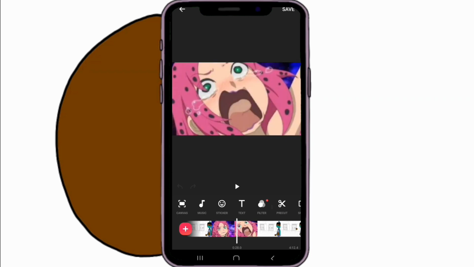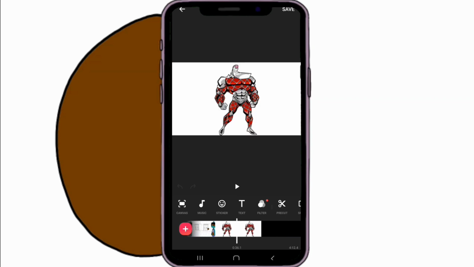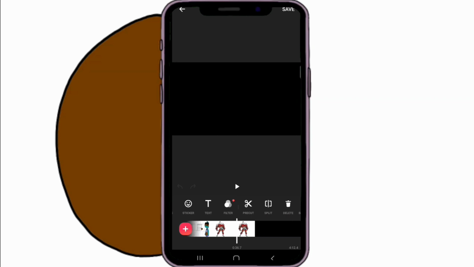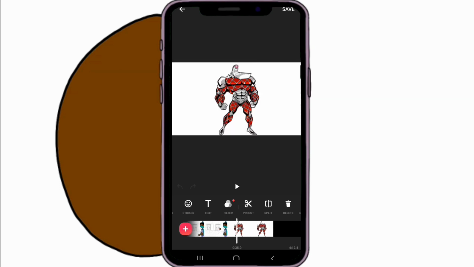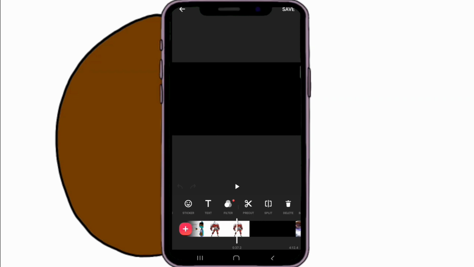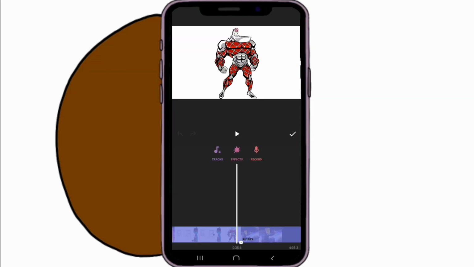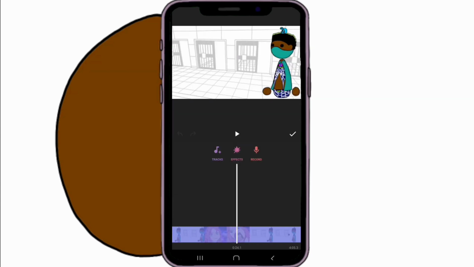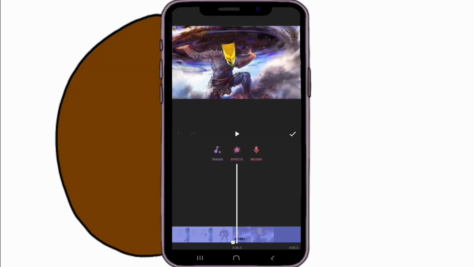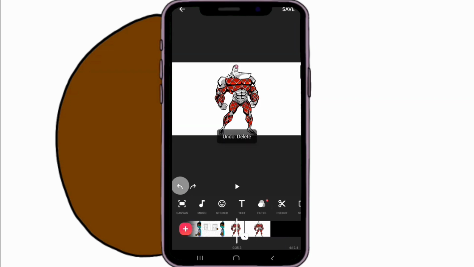So let's see if we can find a black screen. Here we go. It's a lot more precise than this, but I try to get it on the exact frame of where the black screen is. But for the sake of time, we'll just cut it here and then cut it here. I'd cut this and delete it, and then put the clips in between there, and then put audio on top of it. Like the audio from this video, I'd put it on top just to merge the audio back to where the clips are. So that's how I would clip edit.